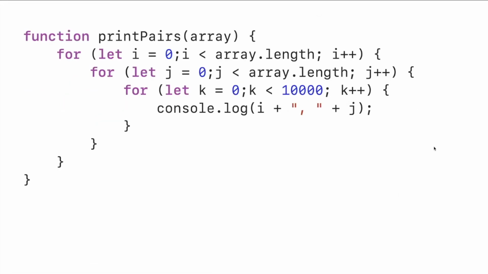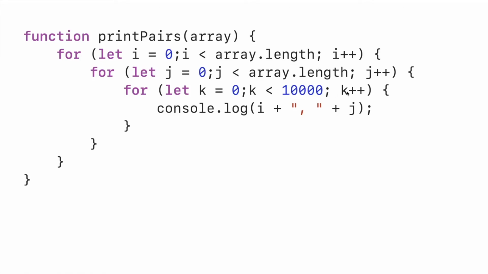So in this example, we have three for loops. We have an outer for loop for this array, and we have an inner for loop inside that, where we iterate using the variable j, and we have a third for loop inside it, which is iterating the value k up to 10,000 values.